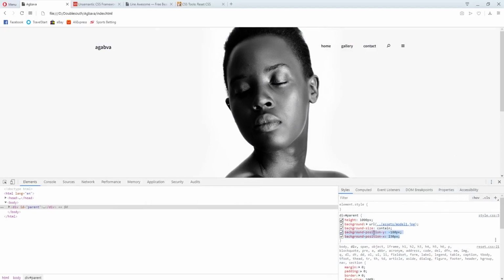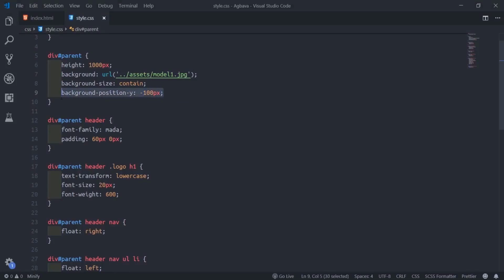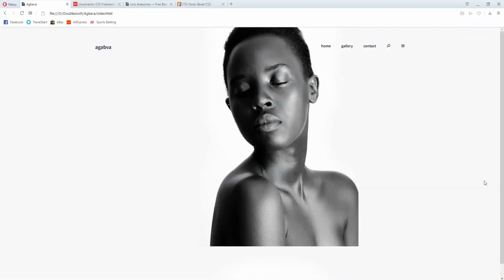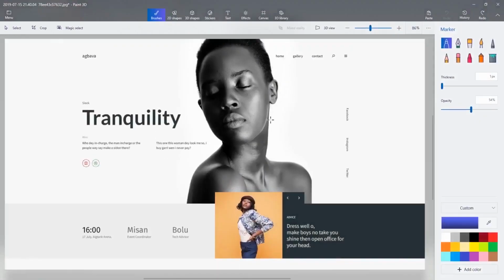So I'll just copy this code down. And I'll paste them inside my editor like this now. And I'll shift and come back. Alright, so the same also. We don't get this part like this now. So we get this gear here now. Home, gallery, contact, then the search, and this other one also. So we don't do this part like this. You get. So now we want to work on this area where you see here now.